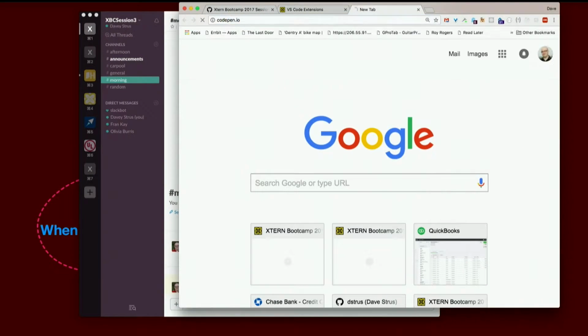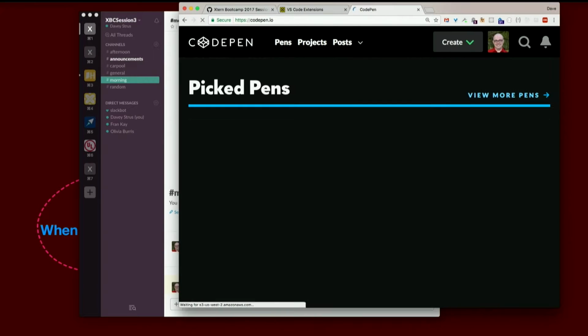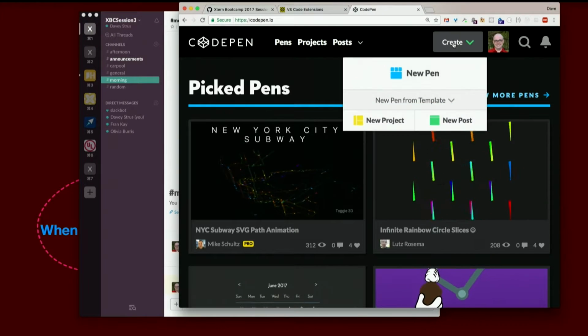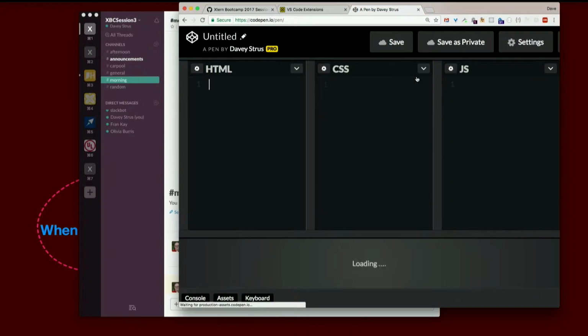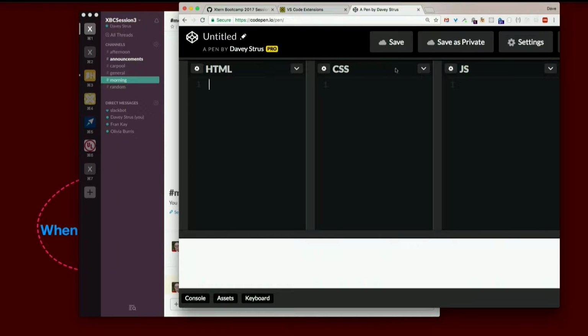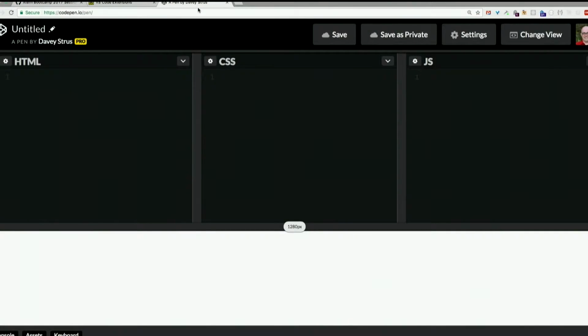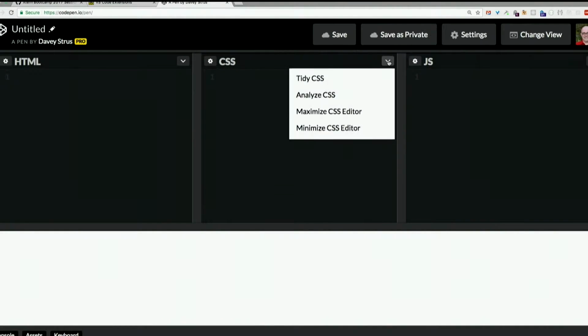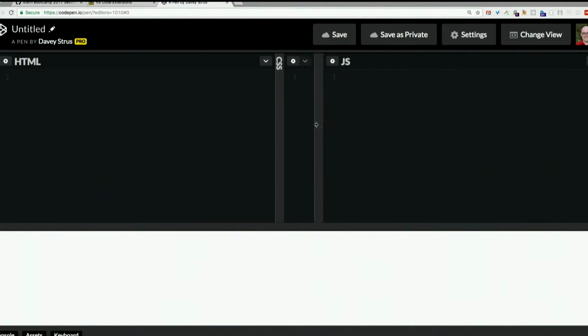I'm going to create something on CodePen. CodePen is a pretty cool site where you can create HTML, CSS, and JavaScript projects in a really easy way and have them render right here on the page. So you can have the code and the actual running version side by side. And even cooler,